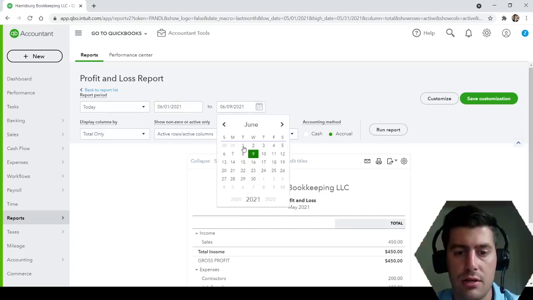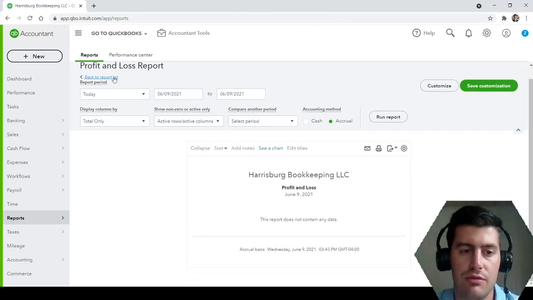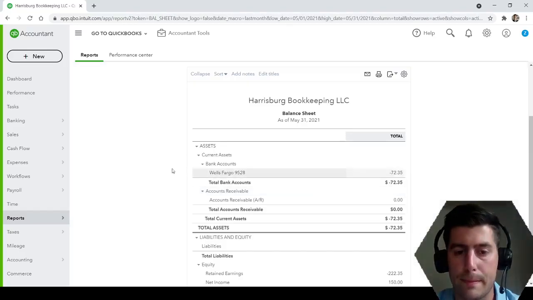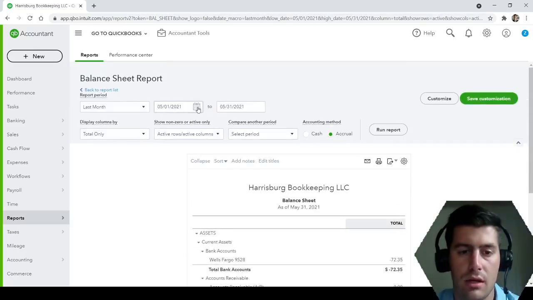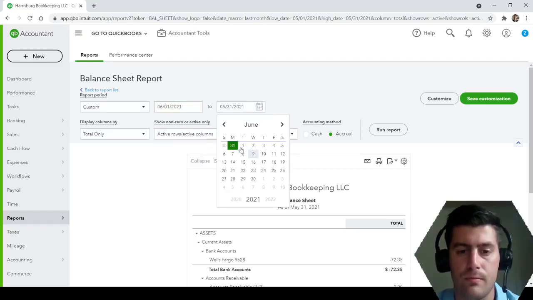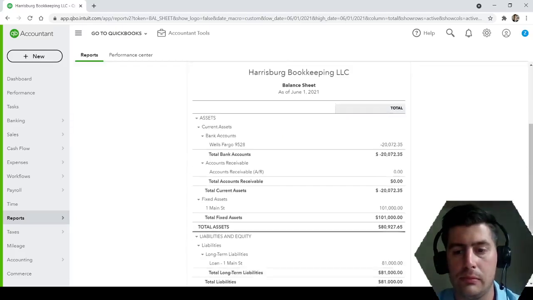So nothing's on the profit and loss for June 1st. But if you go to the balance sheet as of June 1st, we'll see here